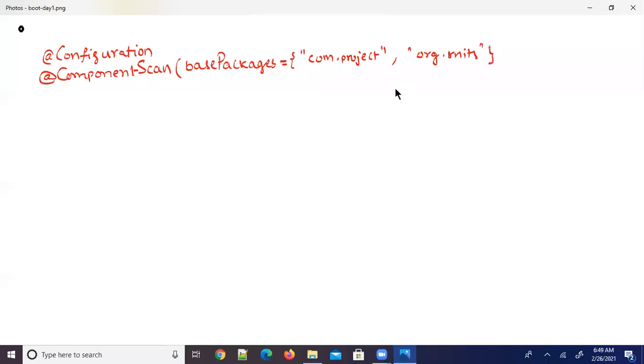If you look at this, I'm able to provide two base package names here. org.rnits is one base package and com.project is one more base package. Now Spring is going to scan for the components in both the base packages, including sub packages like the com.project sub packages and the org.rnits sub packages.